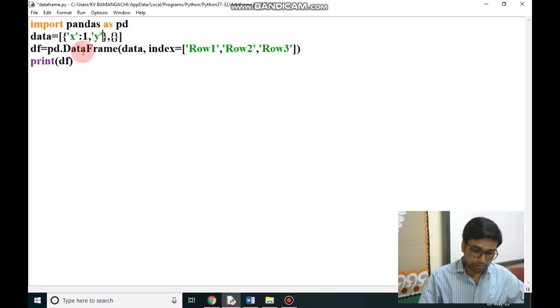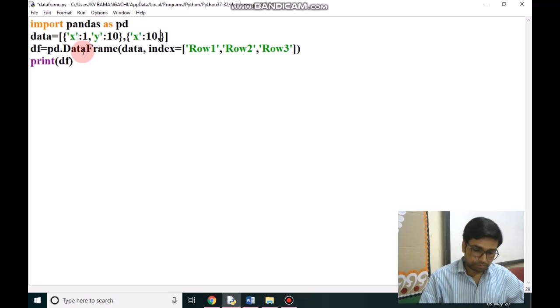Y, its value I am writing here 10. This is the first dictionary. Now second, key X, value is 10.